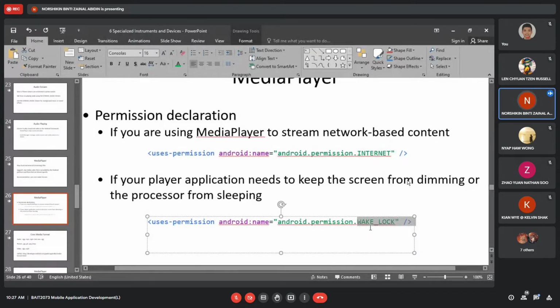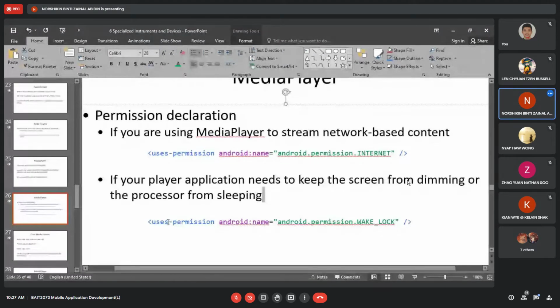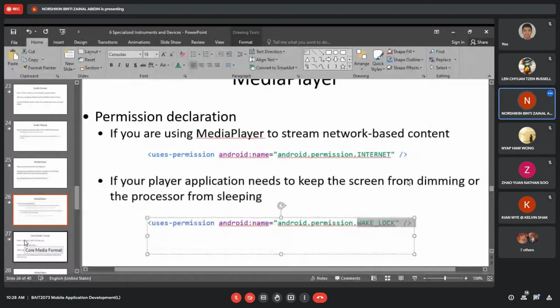Basically this is how we ask permission: we declare it in the manifest with uses-permission. This one is to keep the screen from dimming or the processor from sleeping, that means stopping the running process in the background. WAKE_LOCK means it will keep on running.